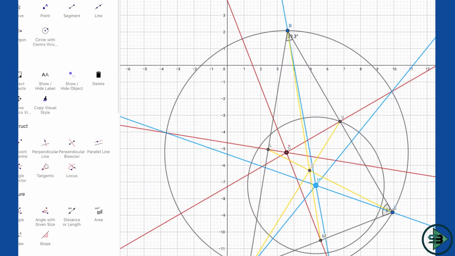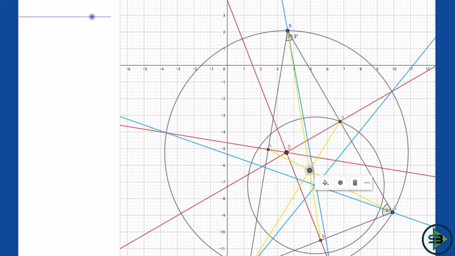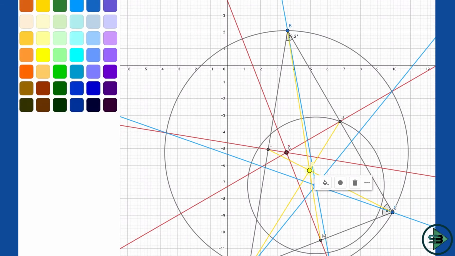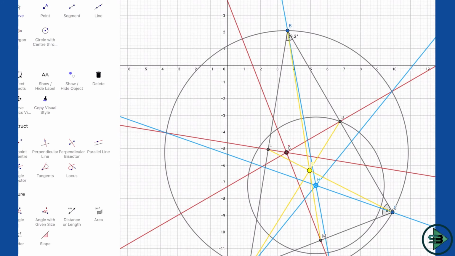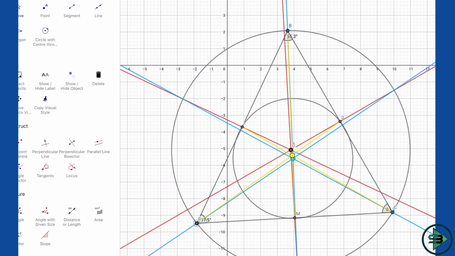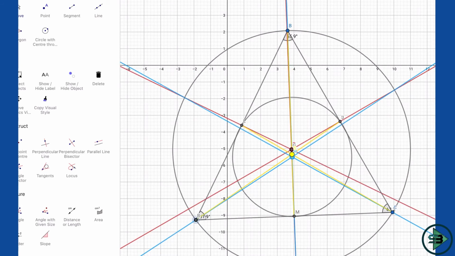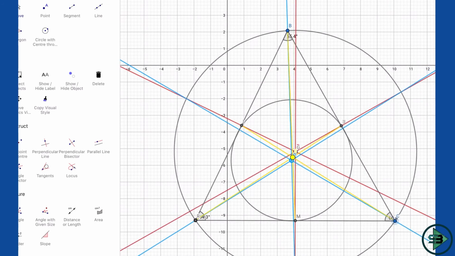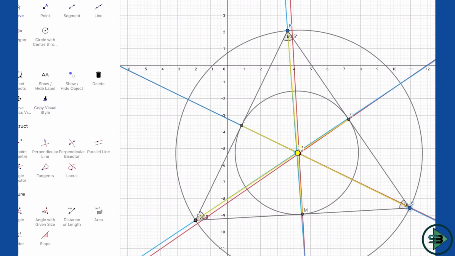Now let's make this point darker so that we understand it better. This will be the point, and let's give it a color, say yellow. So my yellow point is a centroid, because it's an intersection of medians. But if it's an equilateral, all the three should be the same, right? If I make the angle 60, the median intersection point, that is the centroid, becomes equal to the circumcenter, which becomes equal to the incenter if it's an equilateral.